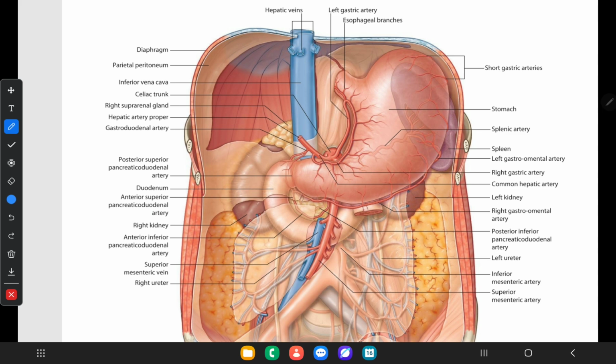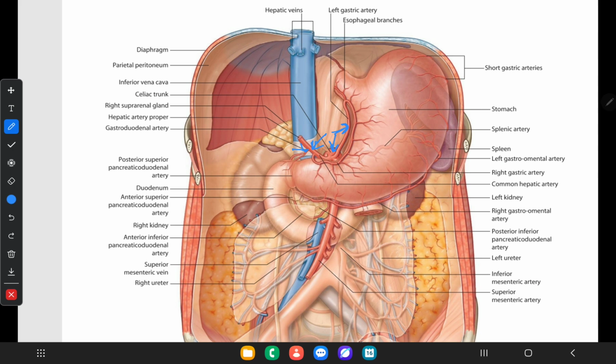Here you can see arterial arcades also. So you can see the celiac trunk here. This is the celiac trunk. So this is the left gastric artery originating from the celiac trunk. This is the common hepatic artery originating from the celiac trunk, and there is another artery. And here you can see the gastroduodenal artery. This is the gastroduodenal artery originating from the